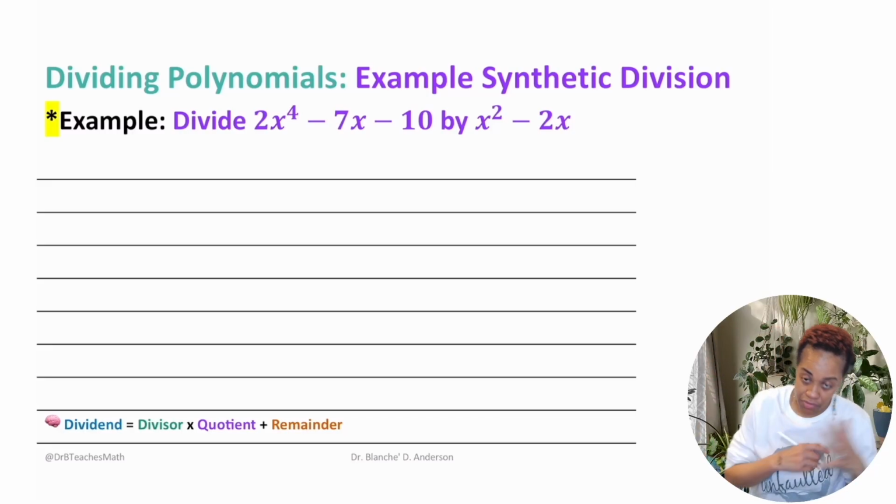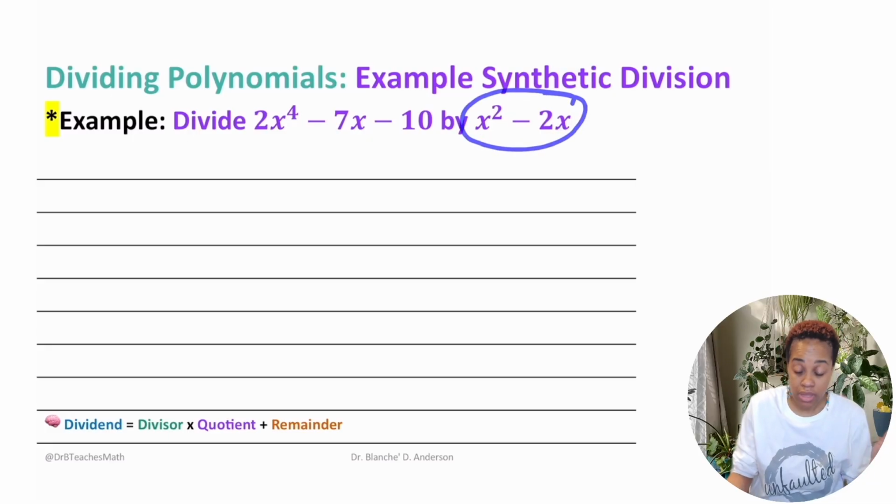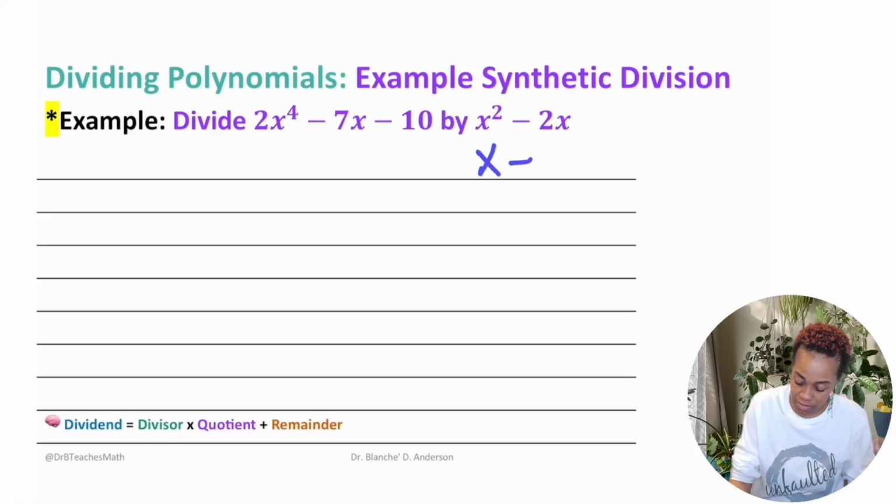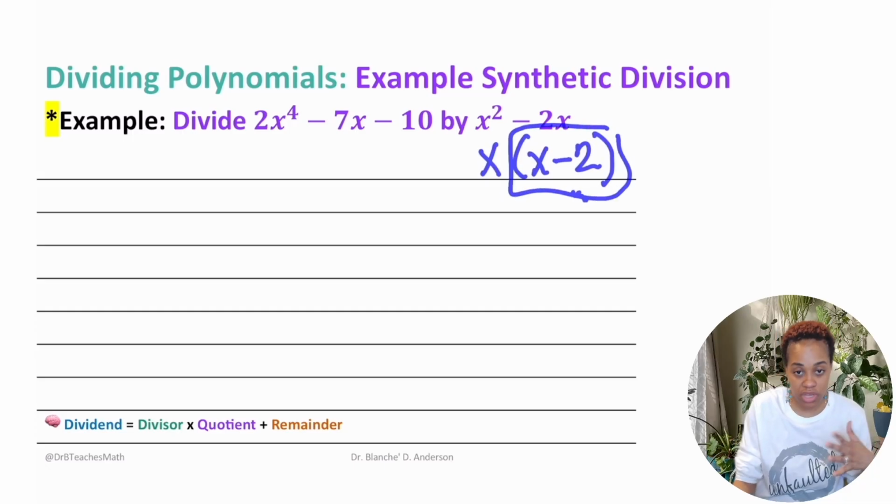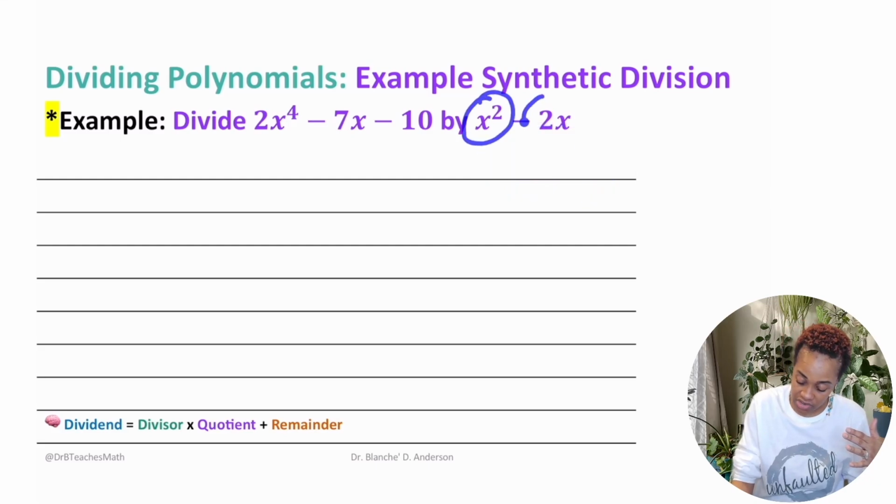The first thing, before you even try to set it up, what has to be true? This has to be a binomial. It's a binomial, but it has to be in the form of x minus c. Can we put this in the form of x minus c? No, because this is an x squared. Well, you can say, what if I factor? We're not trying to do that right now. We're trying to do simple division. If it just had this, we could do it. But because this is an x squared minus 2x,